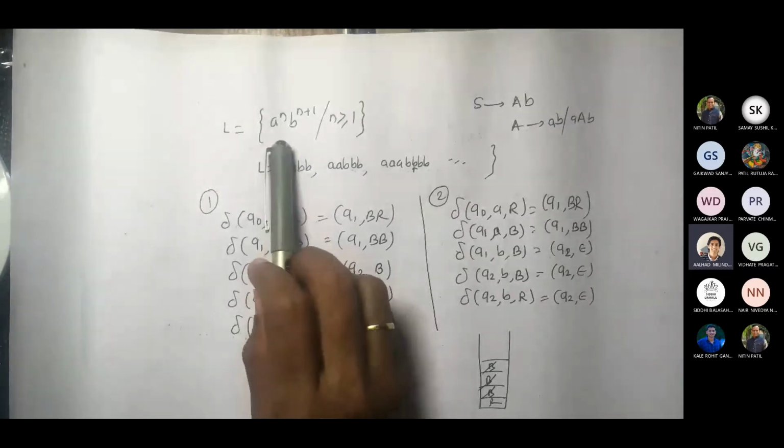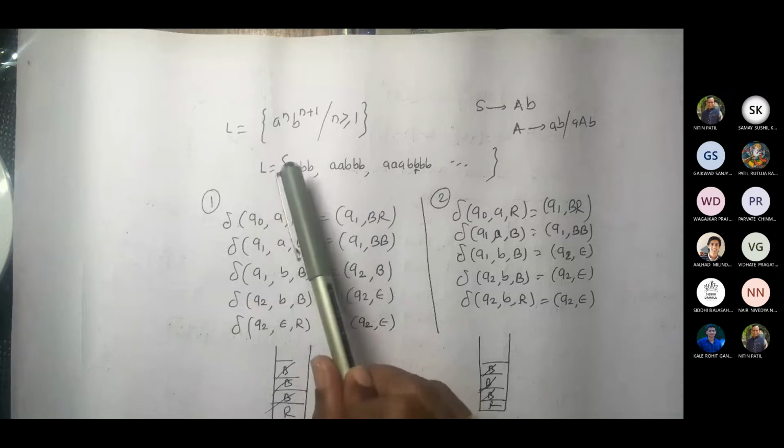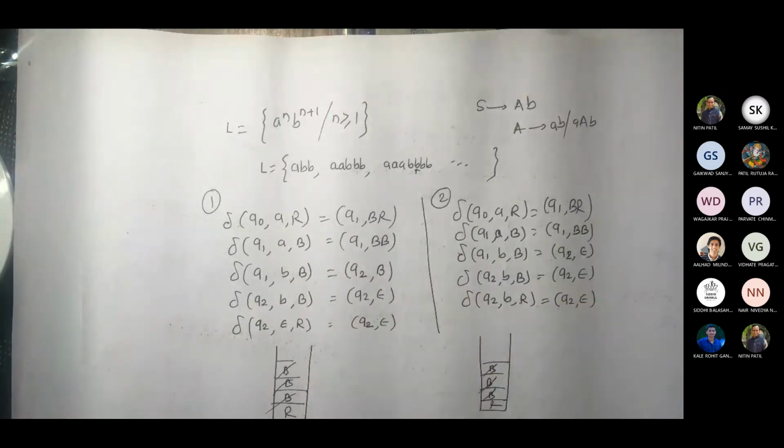Okay, let me tell you what the objective is. Whenever you are processing something, like you missed the first session, and I don't know whether you have seen the video that I added in Moodle. If you see that, you will get the idea behind this. Suppose the number of A's and number of B's are to be the same. While reading from the tape, how will you know that they are the same? We took nearly 3 examples today. The first example was A raised to n, B raised to n. How will you make sure that the number of A's and B's are the same?